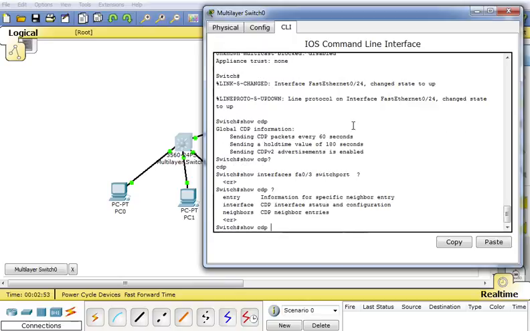That's not what I wanted. Show CDP. So if you type show CDP, it shows you some general information, sending CDP packets, sending a hold time value of 180, sending CDP v2 advertisements. So if we want to look at our devices we discovered with CDP,